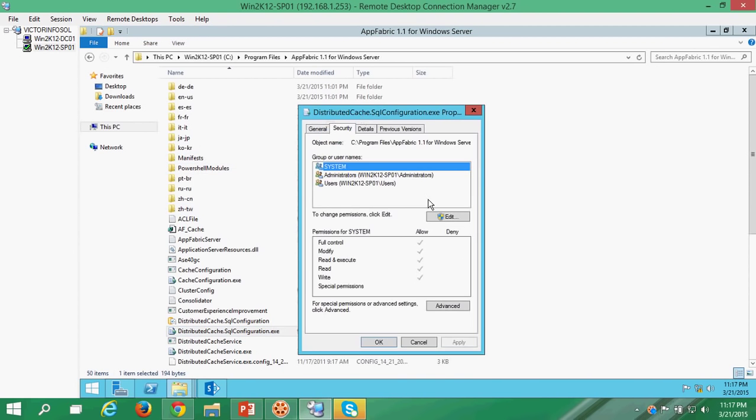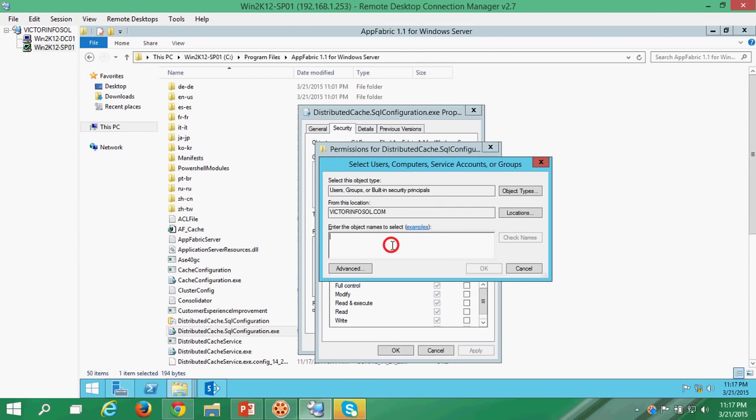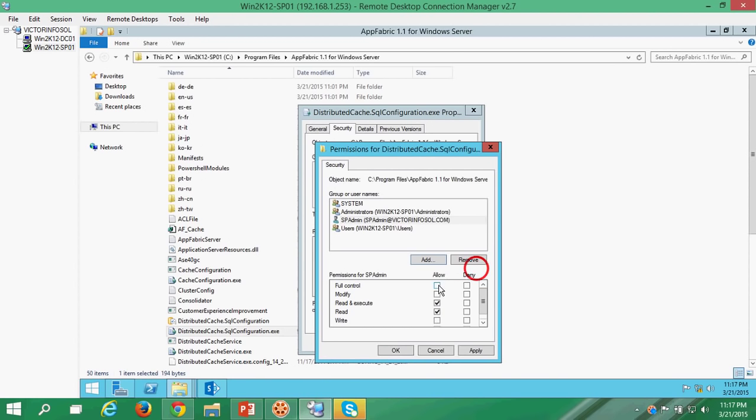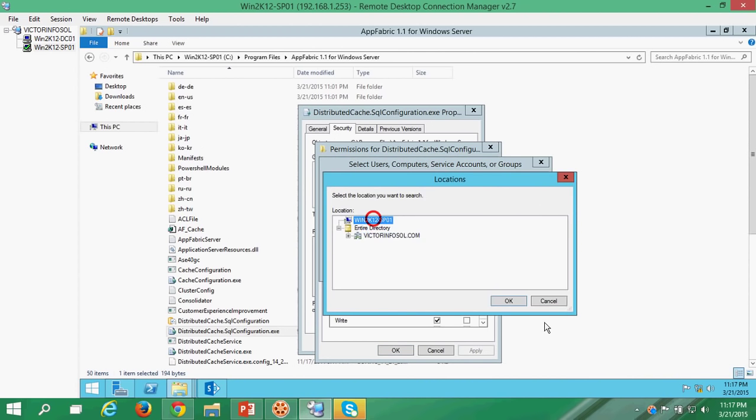So I'm going to security, edit, and I'm going to add my local account here, that is my SP admin, and I am giving the full permission,